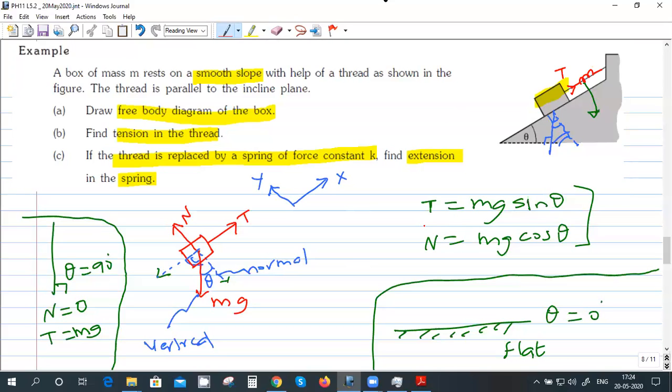Yes, sir. So suppose that the elongation is x, that elongation, kx, will be equal to that force which is elongating it. If you pull a spring with the force of F, it will expand by x such that F equal to k into x. Now here the pulling force which is stretching the spring is tension T. So T will be equal to k into x.